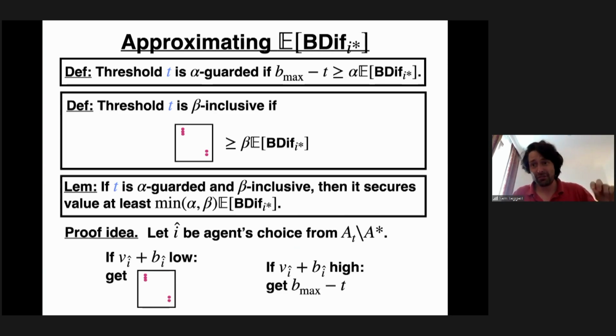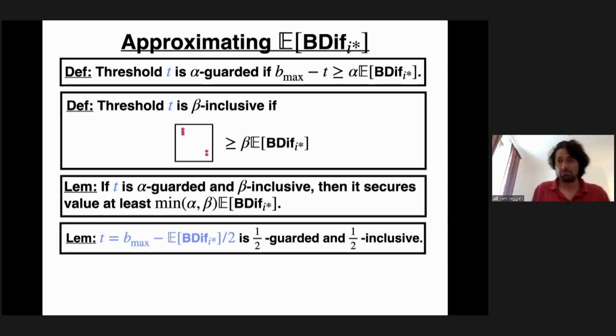On the other hand, if their favorite new action is really appealing to them, well, we set up our threshold so that that new action can't have very high bias. So the reason the agent must like it is because it has pretty high value. And if you write down the inequalities, you can actually show that you will indeed get a lot of value from that other case. So if you have something that's alpha guarded and beta inclusive, you're guaranteed a good fraction of the bias difference